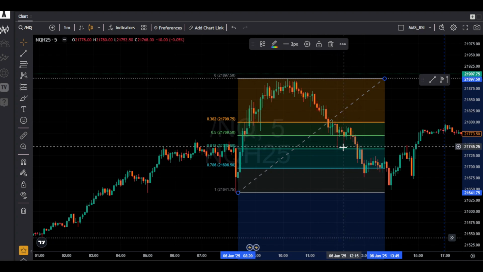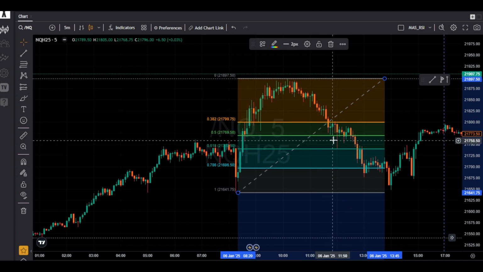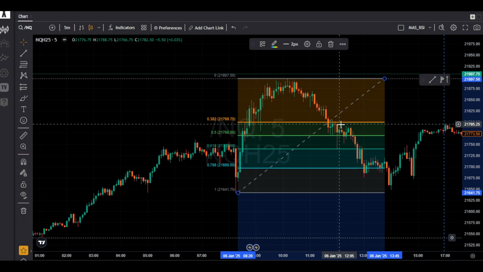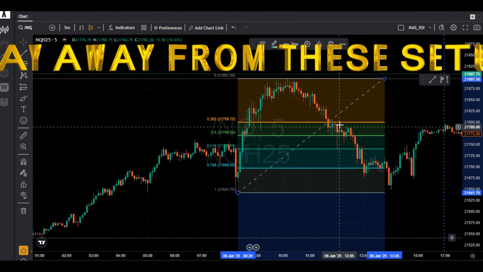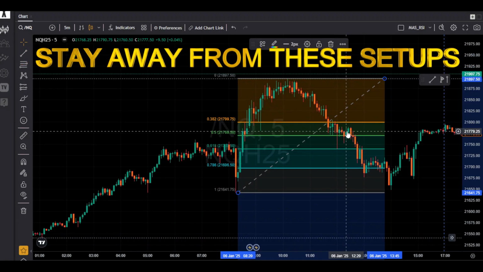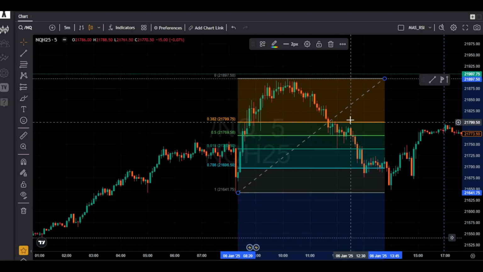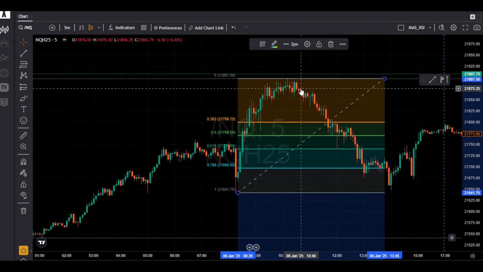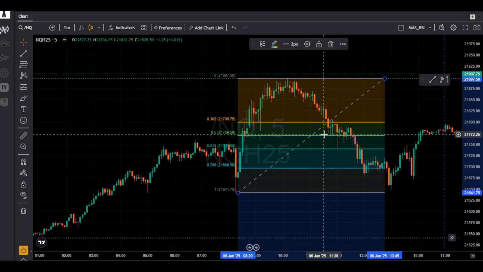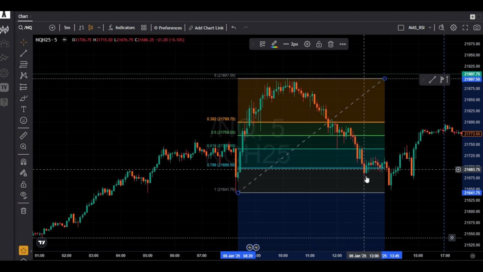It's a trap. You don't want to get into this trap because sometimes you may say, okay, it's creating a pin bar, so I'll enter over here, somewhere over here. We do see a strong wick at the bottom, so buyers are pushing, so I'll take the position over here. Wait, it's a trap. It's going to hit your SL, and the market will go in the other direction. As you can see over here, it was a slow market all the way. It took so long to come all the way to this level, and from there it moved downward. Okay, so now I'll just go over one sell example.